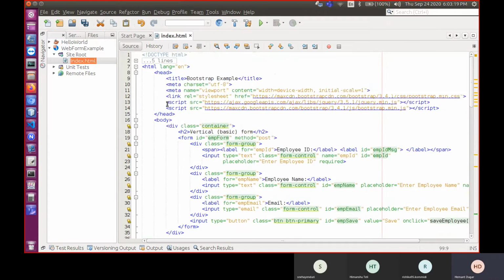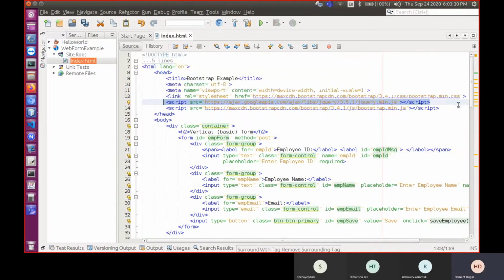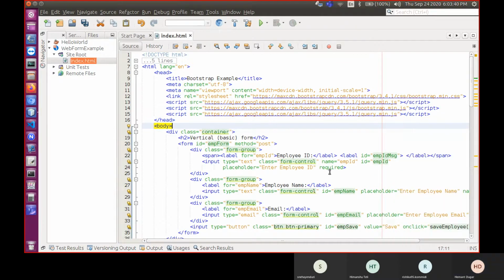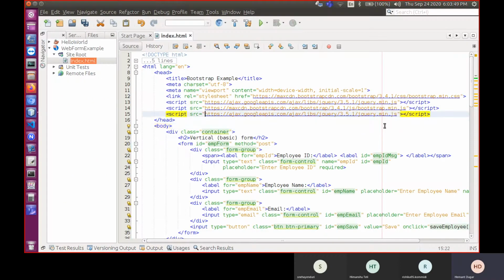How to include script is very simple. We can add here only. Take that URL again, copy it and paste here.